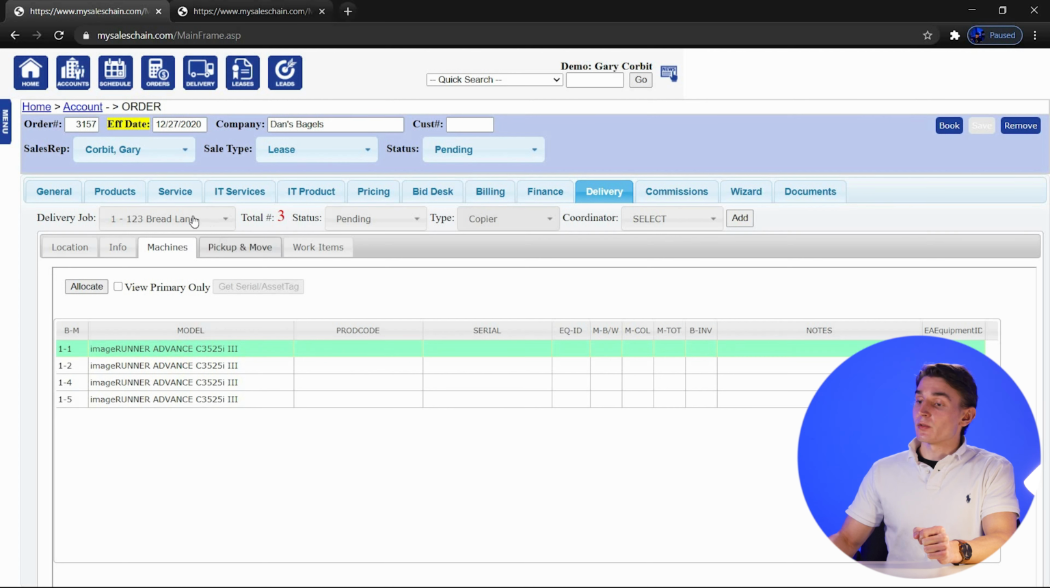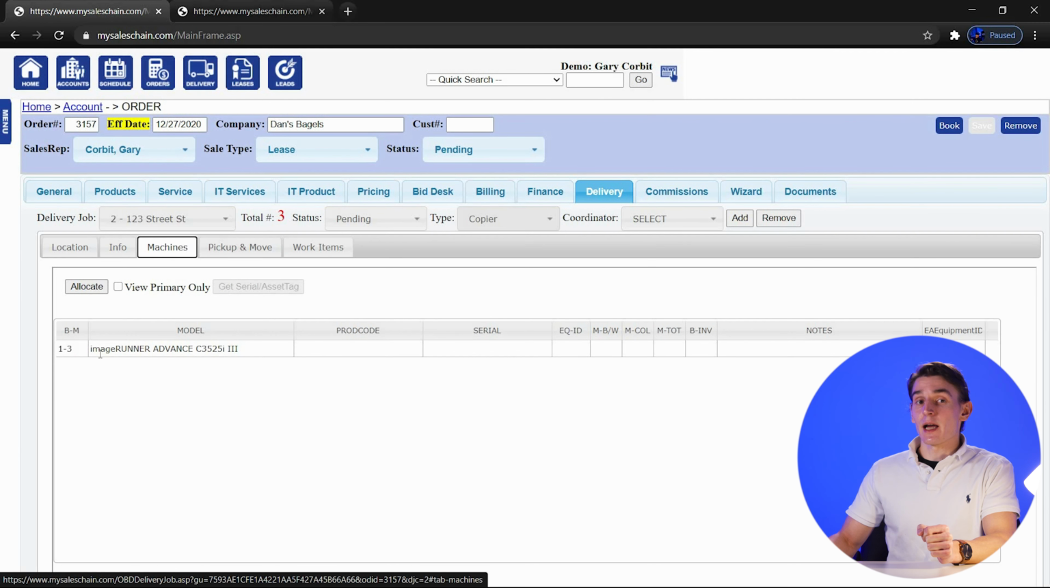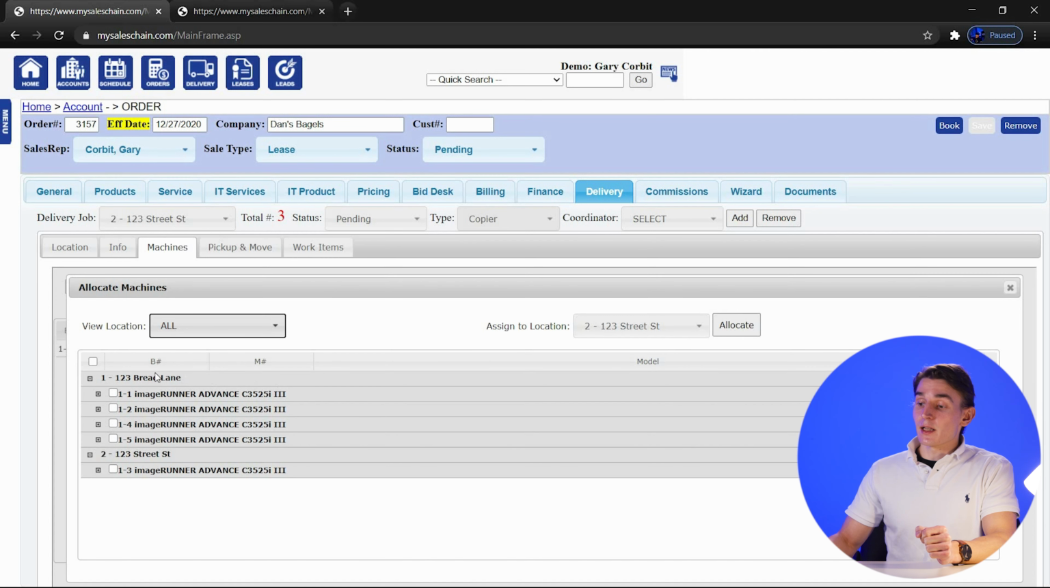But if I select delivery job number 2 up at the top here, and I move over to the Machines tab, we can see that that machine has been allocated to this second job. I'm going to click on Allocate at the top left here to continue performing my machine allocations. We can see in the allocation window as well that that third machine has been added to our second delivery